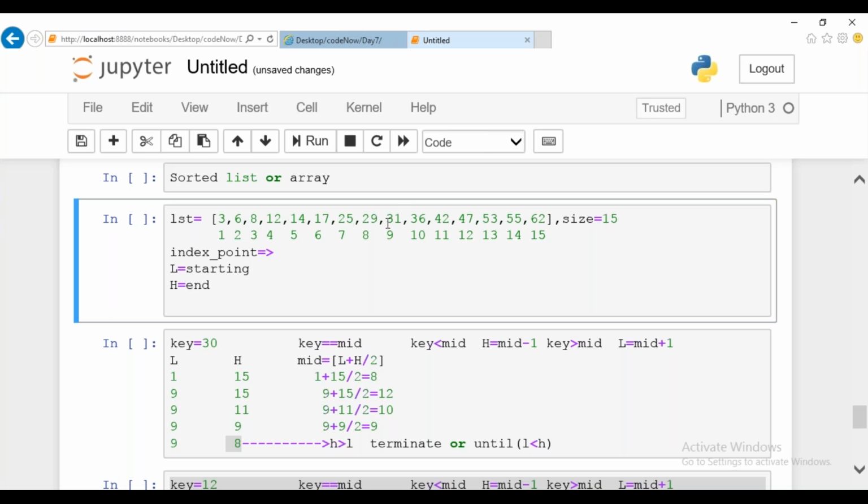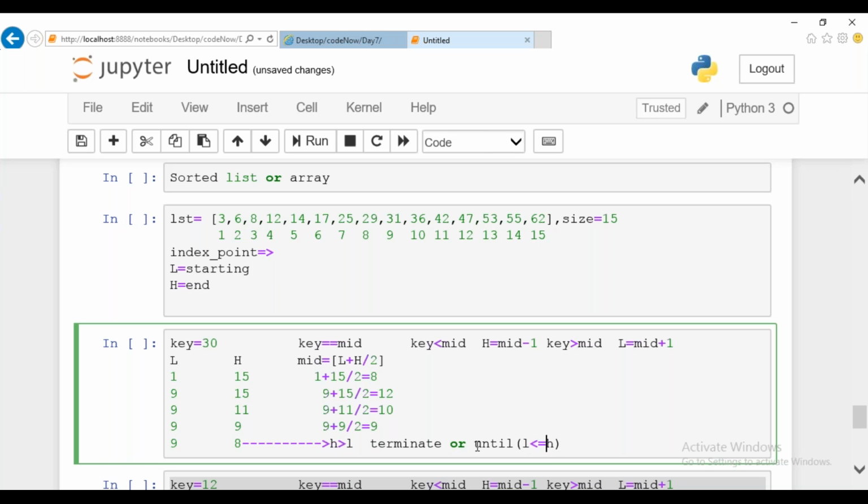So I can conclude that once your higher bound is... sorry, once your lower bound is greater than your higher bound... just a minute, the statement is confusing me. Until your lower bound is less than or equal to your higher bound, I can execute it. This execution is possible.